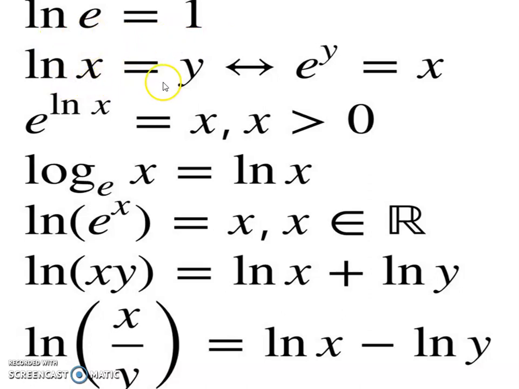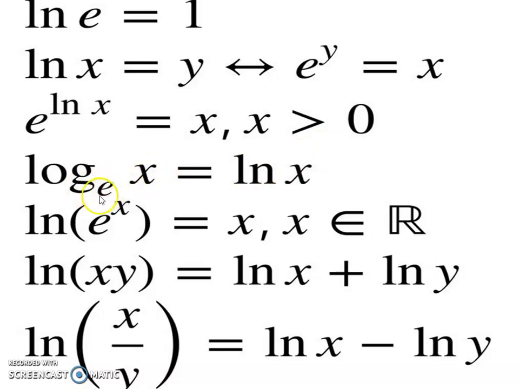If ln x is equal to y, changing from logarithmic to exponential form, the base is e, so y is the index and x is the result, that is e raised to y is equal to x. The same trick applies for e raised to ln x, which is always x. Since the base is e, these cancel and only the x term remains. Most probably f of x is also possible there, but be sure x is greater than 0. That means f of x is also in general greater than 0.